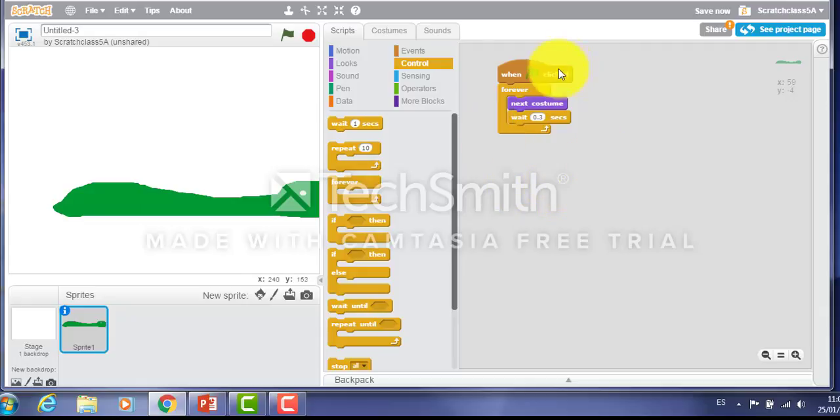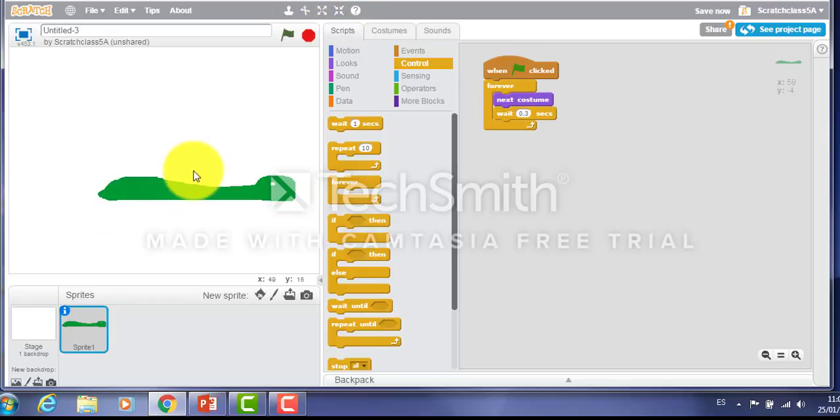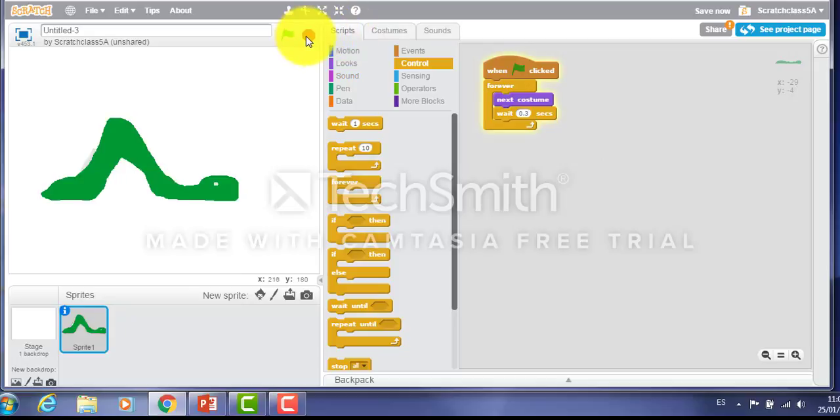There it is. So that's all it takes to make this worm move. Just going to move it to the center, and there it is. That's our worm moving. Going to stop the animation,